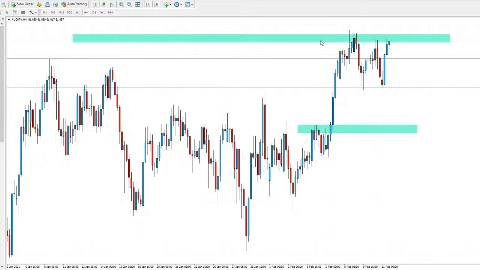I was in a short trade from this candle here, that bearish candle there on the 4-hourly chart, but as you can see, kind of just holding this support here. We've tested it once, rejected to the upside, went to retest that resistance there, and then we saw a really nice impulse move to the downside. So we were looking good and potentially going to target this area here, but as you can see, we rejected that support there again, tested it once, tested it twice, very strong push to the upside.